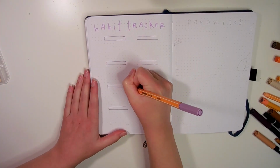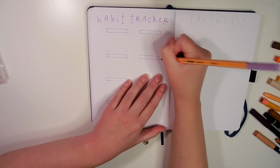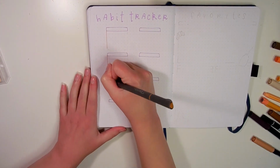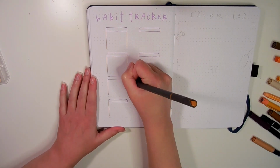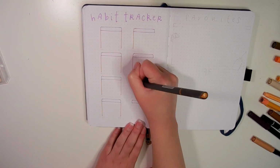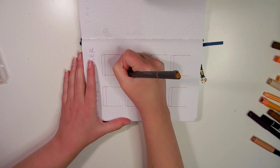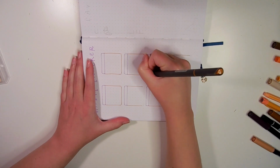And then I also use the tan yellow marker to mark off the days I don't need for the actual habit tracker. So it's just like mini versions of the calendar that I just did on the previous page. So as always, I'm keeping track of the same things that I always keep track of each month. So when I read, when I listen to my audiobook, when I post to YouTube or Instagram, when I wash